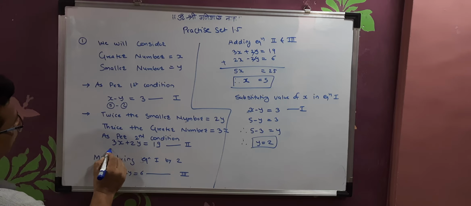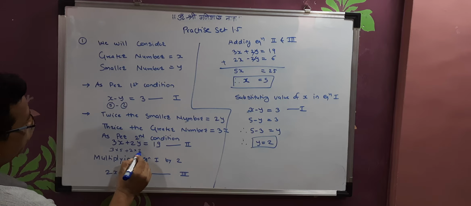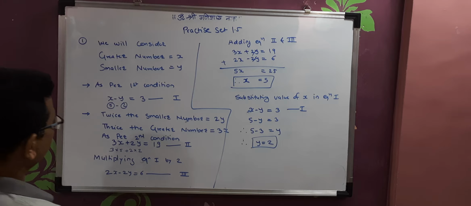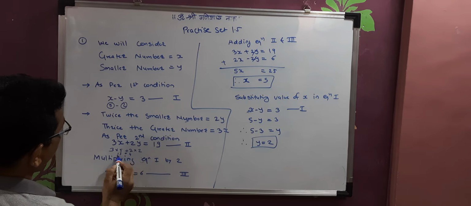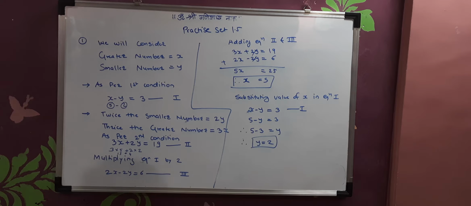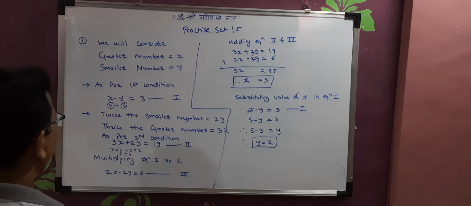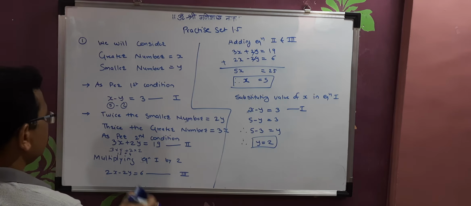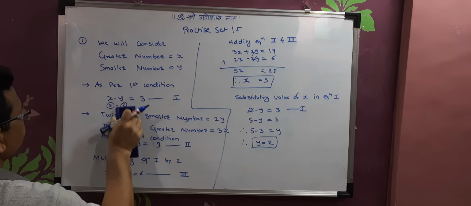This is 3. X is say 5 plus 2 into y is equal to 2. So we have to see whether the answer is coming 19 or not. So 3 5s are 15 plus 4. So 15 plus 4, 19. So this is the right answer. X is equal to 5 and y is equal to 2 is the right answer. This is just to cross check whether the answer is right or wrong. This is one of the methods by which we can check.